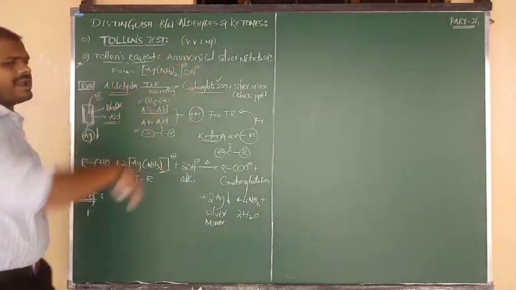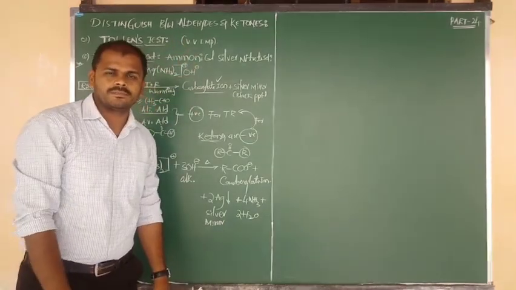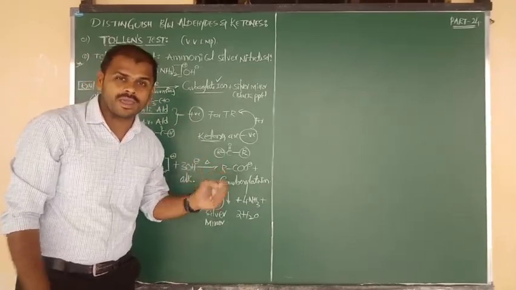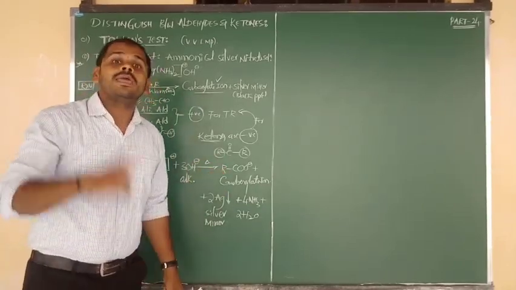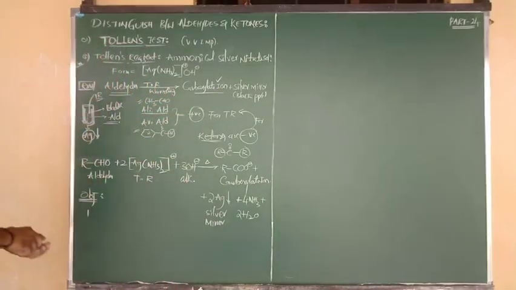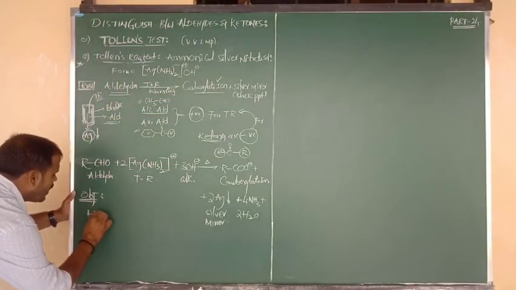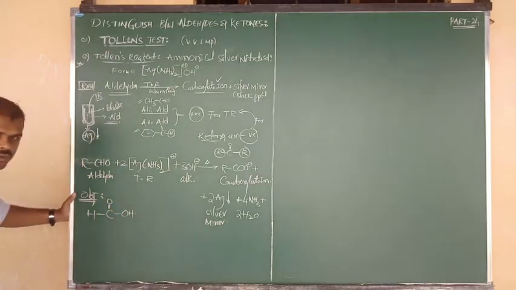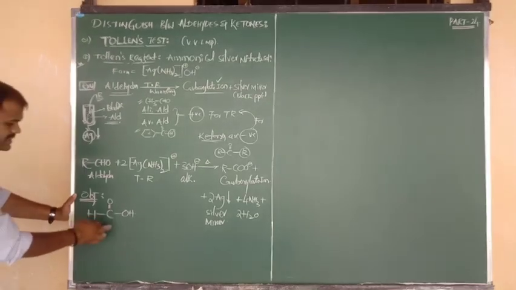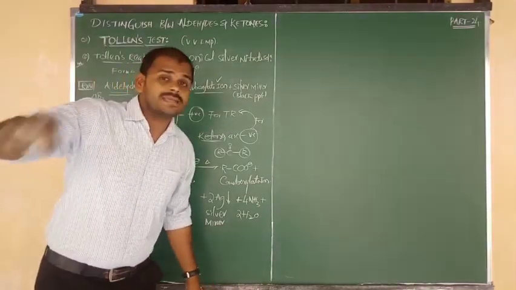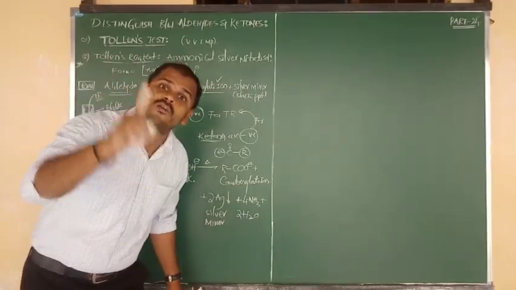So all types of aldehydes are positive for Tollens, but not for ketones. Along with aldehydes, another two special compounds are there. They are also going to exhibit the Tollens test. One is formic acid, H bonded to C double bond O, C double bond O bonded to H. HCOOH, formic acid. All other carboxylic acids do not respond to the Tollens test, only formic acid,